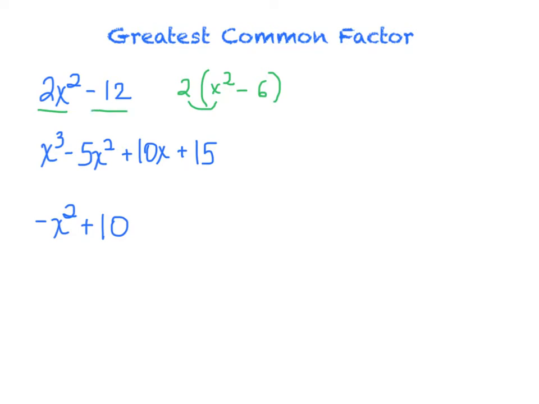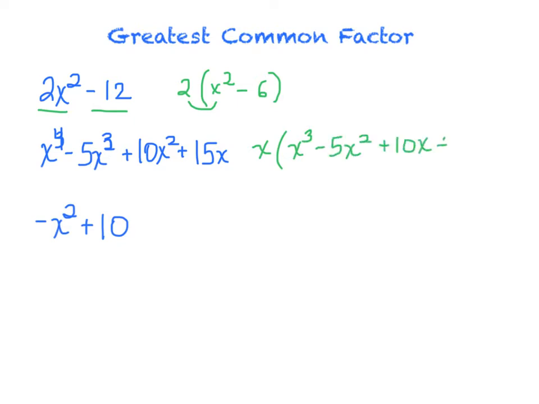In the next example, if I look at them all, they all have a common factor of x. I'm going to change this to 4, 3, 2. They all have a common factor of x, but you can also notice that 3 of the terms have a common factor of 5. You cannot pull that common factor of 5 out unless all 4 terms have that common factor. So I'm going to pull out that common factor of x, leaving me x cubed minus 5x squared plus